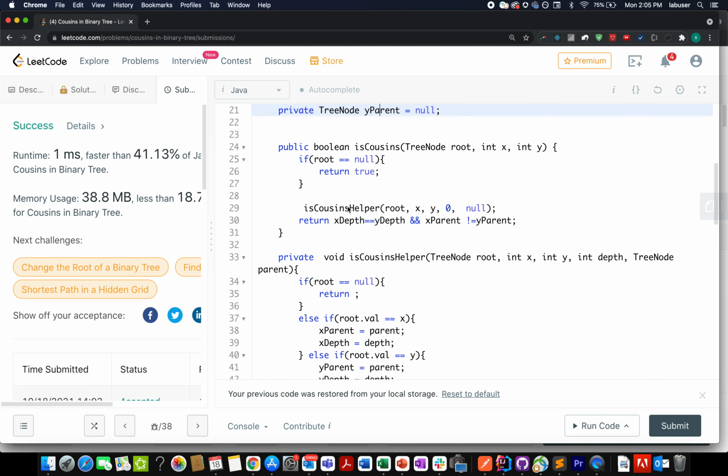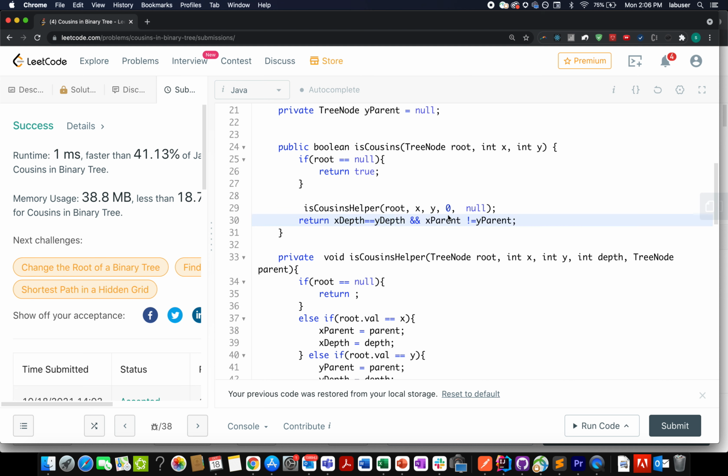And I walked through the isCousin helper method. It accepts 5 parameters: the root, the current root of the tree, the value of x, the value of y, the current depth that we are presently at, and the parent of the root, which is null in the initial case.